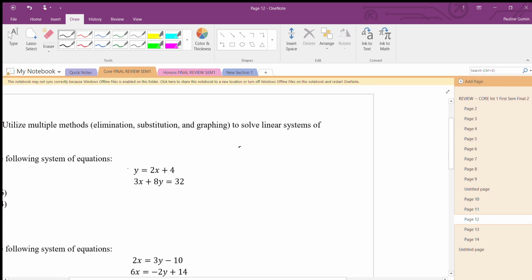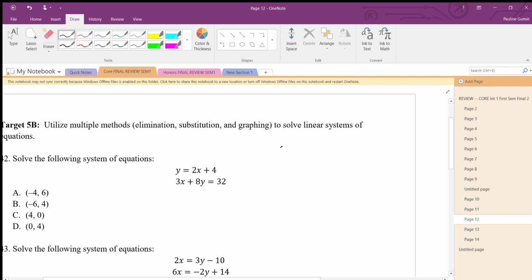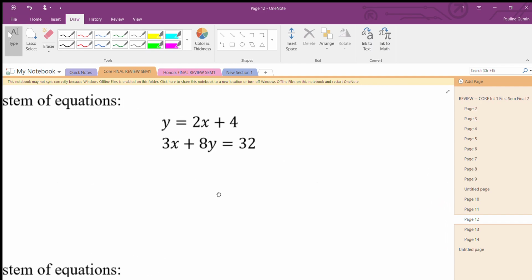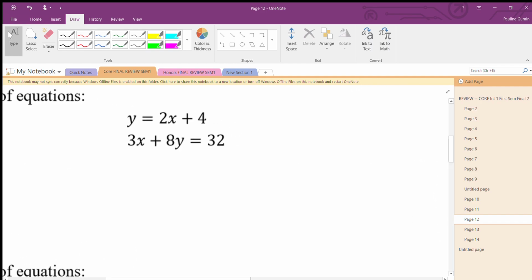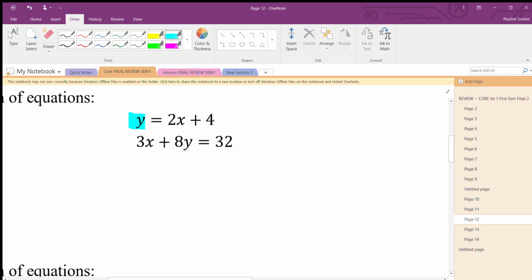All right, so 42 is about solving this system of equations. I'm going to zoom in even more because I will need to show you how to do this. Now, a way of solving this, of course, is plug and chug if you want to test out all of your options, although I think this might be a little faster. I'm going to solve this through substitution. The reason I'm doing that is because we have a y equals, and that's the easiest way to solve a system